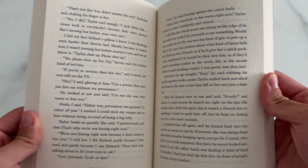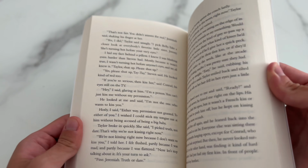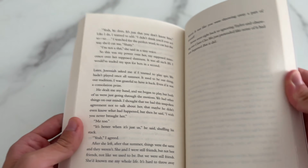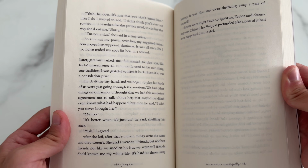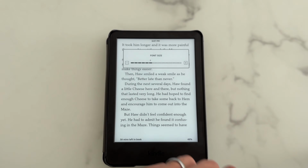And that font size is usually too small for most people, because I know for me it is. I'm usually left straining when I'm not supposed to be straining to try to read the really small letters, or I'm holding up the book to my face where I can't even read anything because it's so close. With the Kindle, you have so many customizable options that you can see what font size you want, what letter